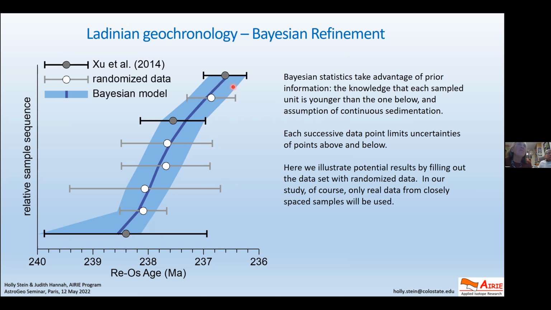So this is the result. The blue shaded section in here shows the reduced uncertainties using the Bayesian model. And you can see that they're dramatically lower in some cases and significantly lower in all cases, except maybe this top one. Of course, when you get to the end of your sequence, you have no constraint below it. So that uncertainty is going to be one of the largest ones you see. You don't have as good a control on that.